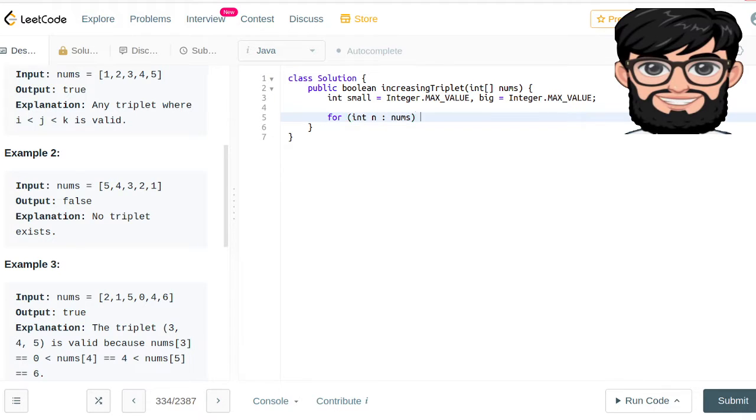What we're doing is, if the number n is less than or equal to small, the first thing we want to look for is the small one. If that is the case, we're going to update our small to n. Otherwise, if n is not less than or equal to the small one,